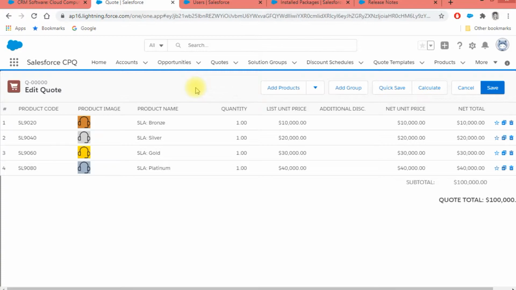And the second major update is automatic usage summary for evergreen usage based subscriptions. At this moment, whenever you configure a usage based product with a link to the consumption schedule, whenever you place the order for that particular product, Salesforce will create 12 usage summary records by default. It depends on the length of the subscription and the billing term. And at the end of 12 months, the sales rep needs to create the usage summary record manually. But from the next release onward, there is going to be automatic creation of usage summary records for usage based products.